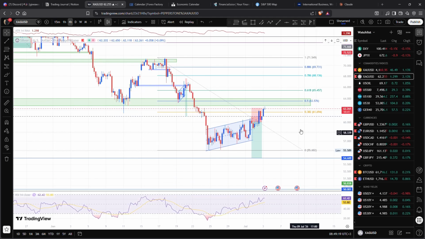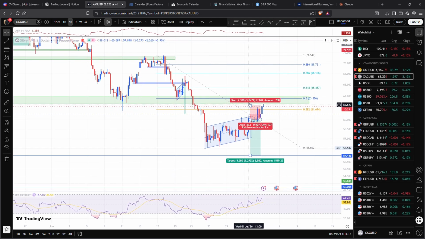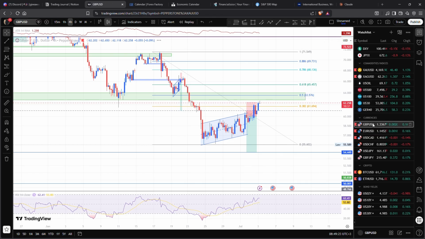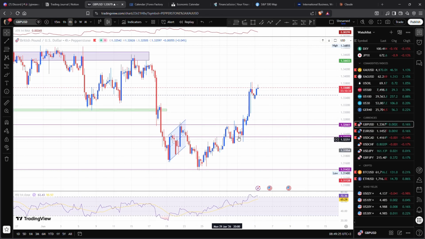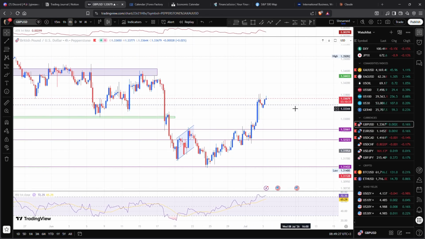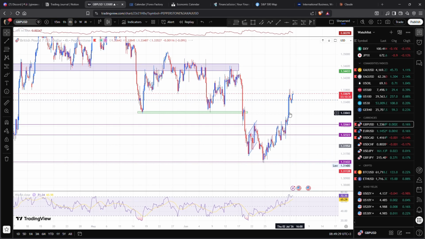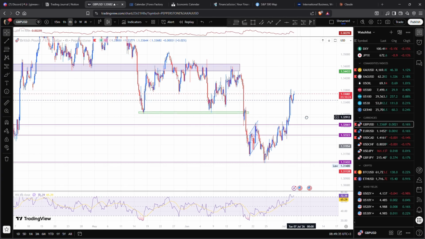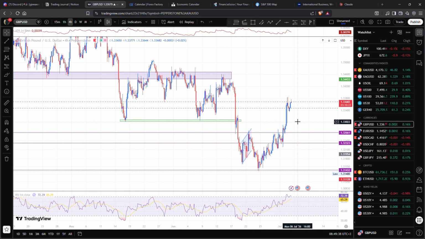Same for the silver position. It also took a 1% hit here. And for GU, I was short on GU. I already deleted my entry on GU. I believe my entry was around here, and it started rallying, and I ended up taking a 1% loss as well. So I'm down 3%.